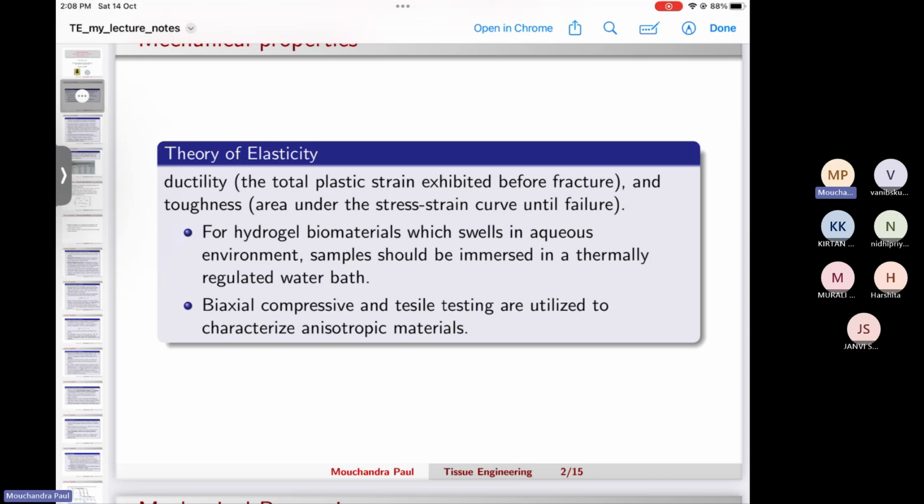There are some properties of a material that we look into. First is the bulk properties. We have started the discussion of what kind of bulk properties people characterize. Then we will look into the surface properties of the biomaterial, because ultimately it is the surface that the cell can sense. And then we will also see how our body reacts when we implant some foreign biomaterial